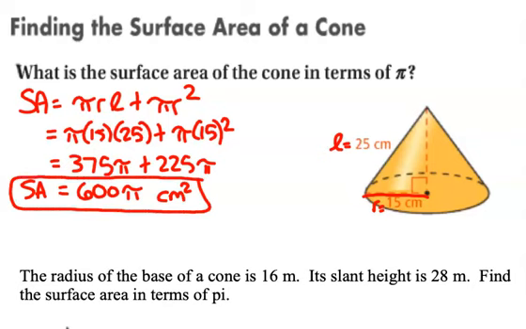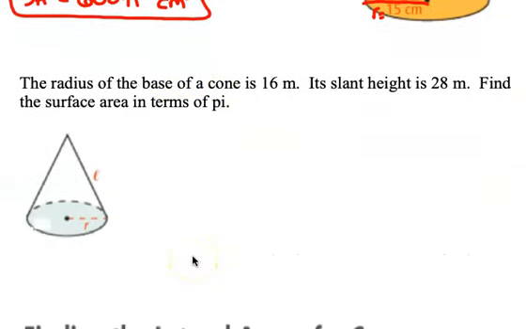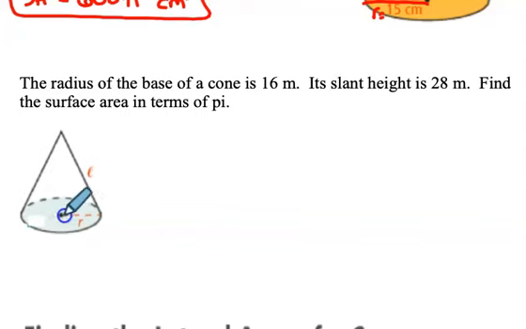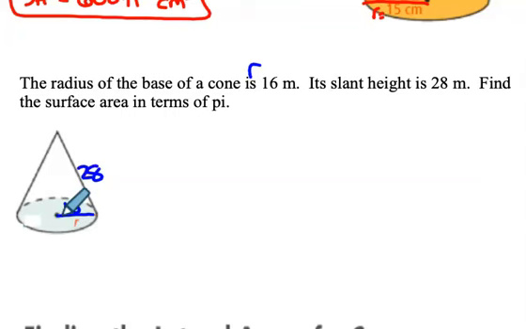Okay, if there's not a picture, that's not a problem. I have a very generic picture on this one, but it's not labeled. We can label it, or we could just go straight for the formula if we wanted. It says the radius of the base of a cone is 16, so that's what would go right here. And then the slant height is 28. So we have the two things that we need. This is r, this is L,